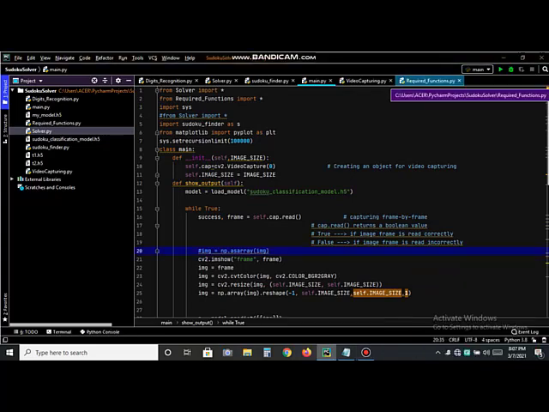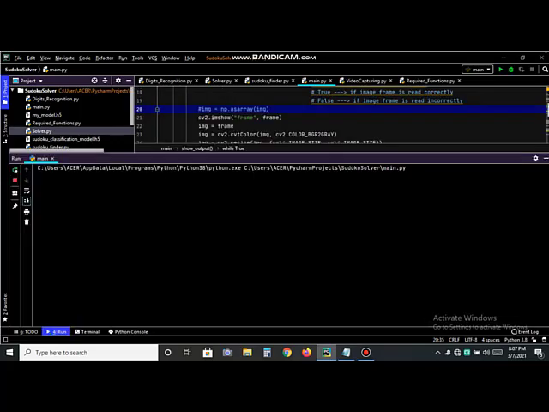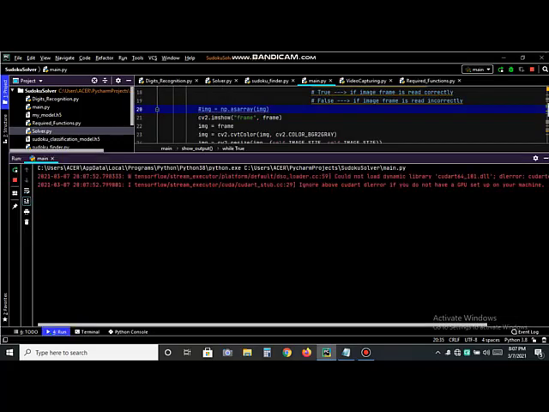Now let's run this main.py file. Here my face cam will be disabled because both the frames and my face cam cannot work simultaneously. So now let's run this file. Okay, so here I'll be scanning the Sudoku image.